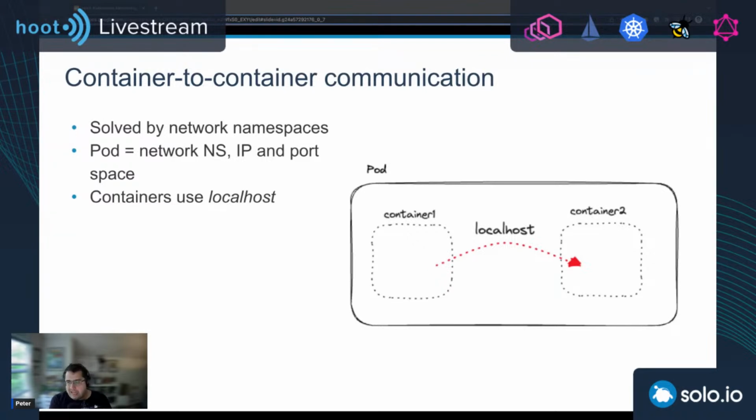So every pod has its own network namespace, which means it gets its own IP address and a shared port space. Now, the containers within that pod, within that network namespace, can communicate with each other through localhost, and they share the same IP address and ports.